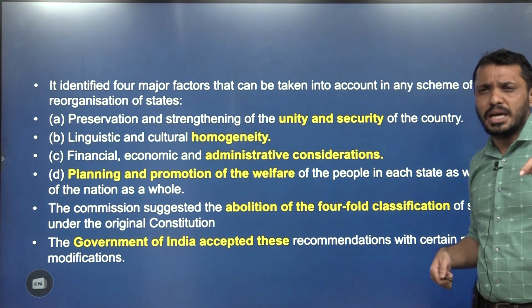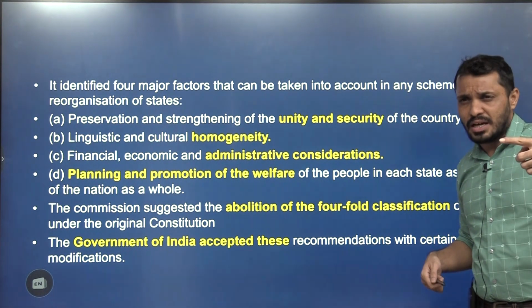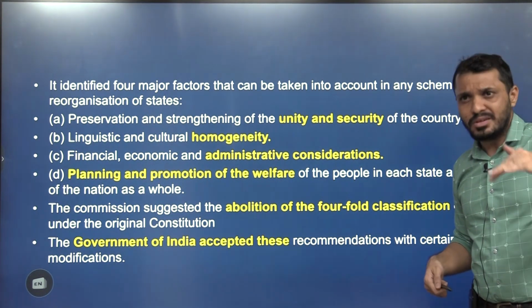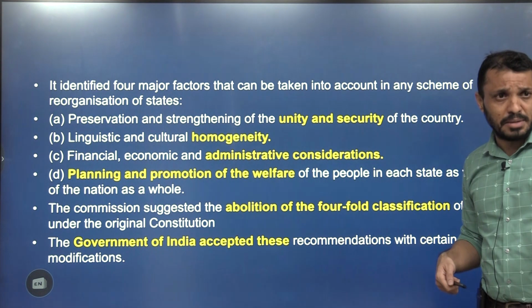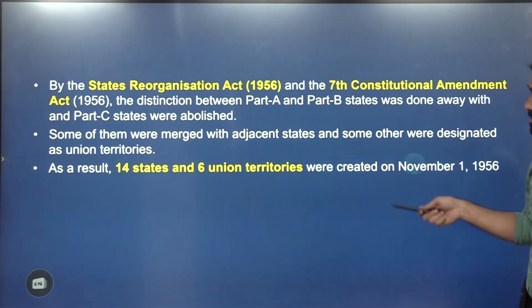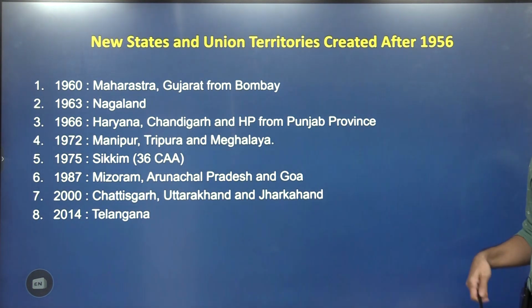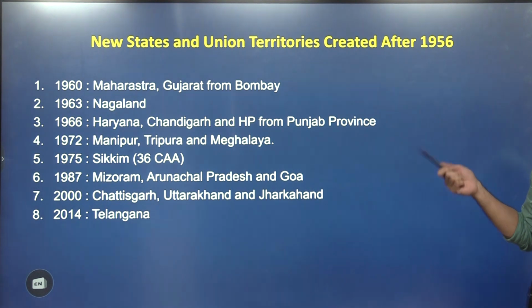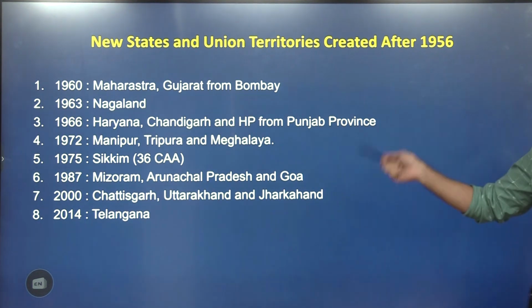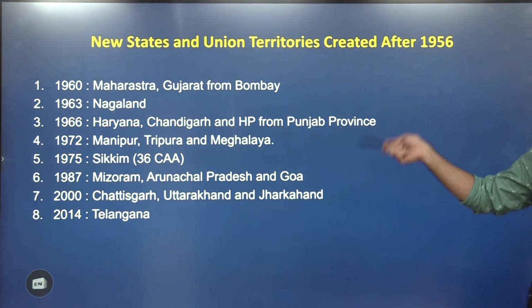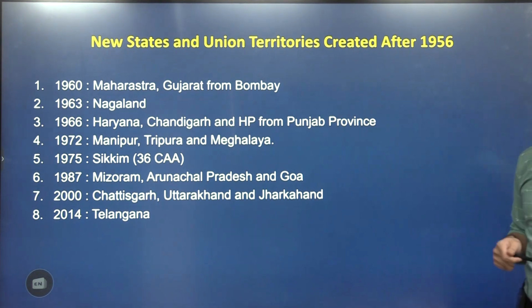That 14 eventually became 29 when Telangana was formed. After J&K dropped down from state, the total became 28. And of course Ladakh also became a UT. Now there are 8 UTs. First, Gujarat separated from Maharashtra, and since then, up to Telangana, these are some of the states formed in India over a period of time.